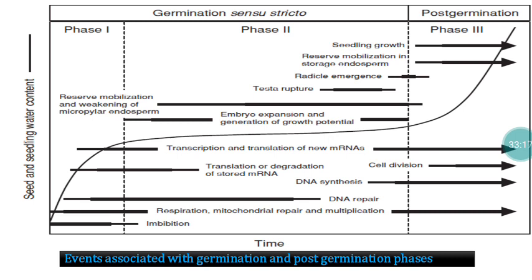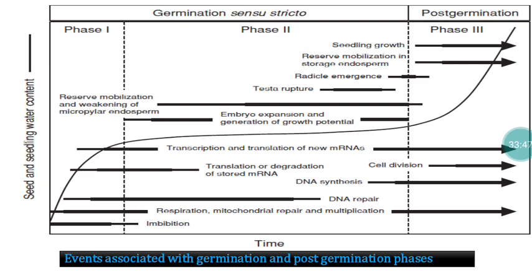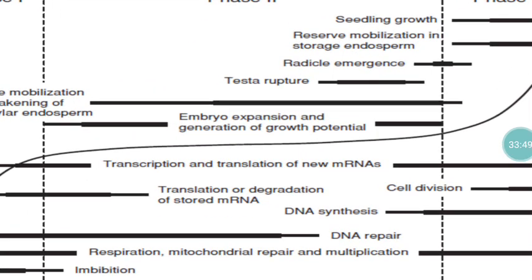Simple material will be available immediately, and respiration will take place. So in the mitochondria, the glycolysis process will take place, and energy will be available. DNA repair will take place, and DNA synthesis also will take place, and translation or degradation of the stored mRNA. Translation normally occurs, which leads to the formation of newer protein molecules. So transcription of mRNA, embryo expansion is going to take place,